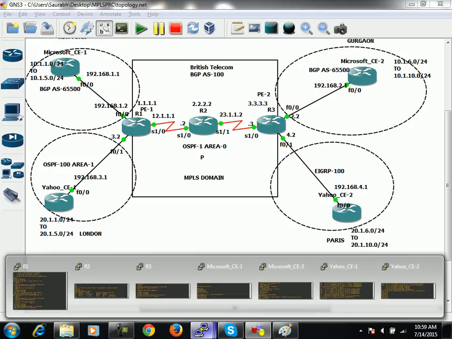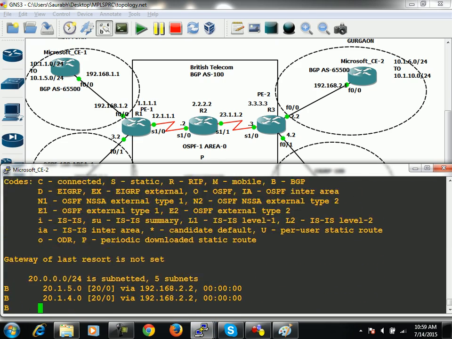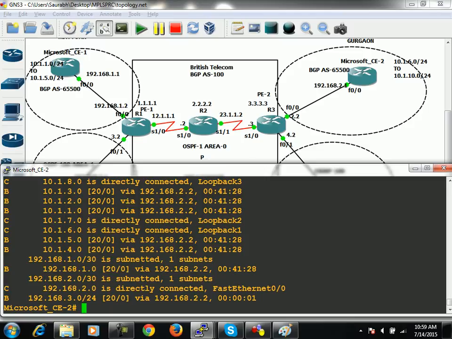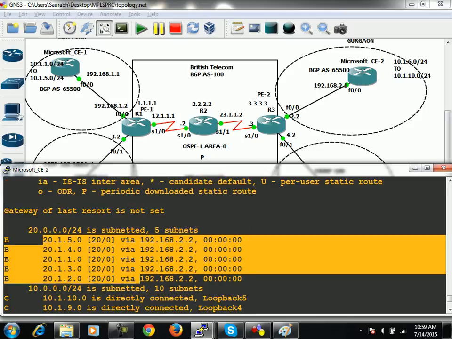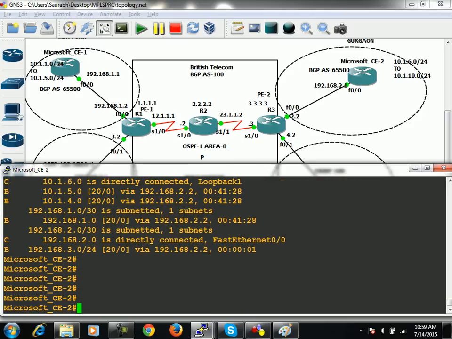Move on to Microsoft CE2 now and check it. 20s. First 5, is it not? And now from Microsoft CE2 you can try to communicate with